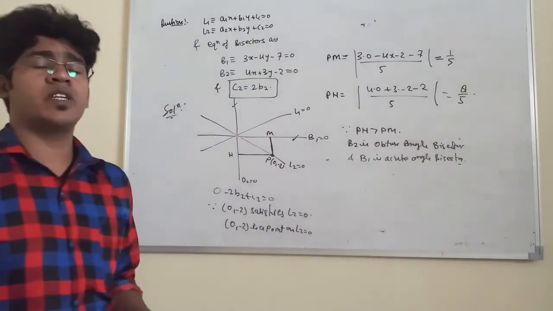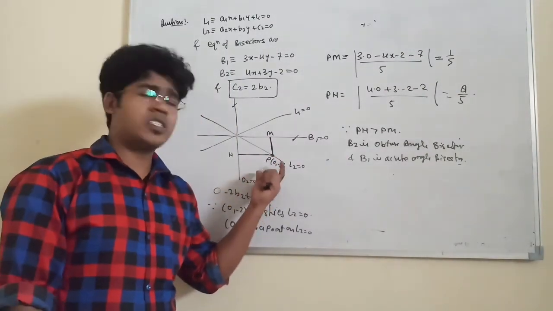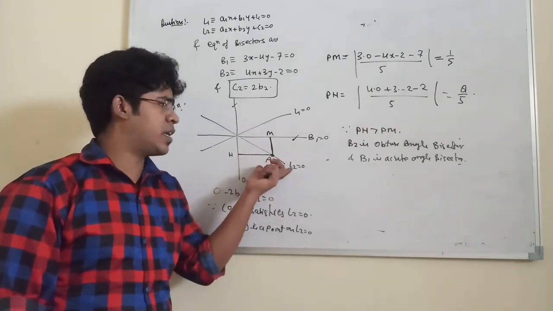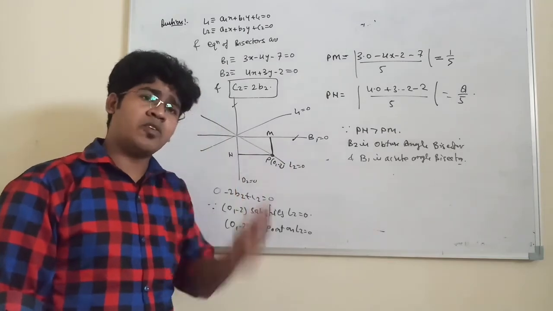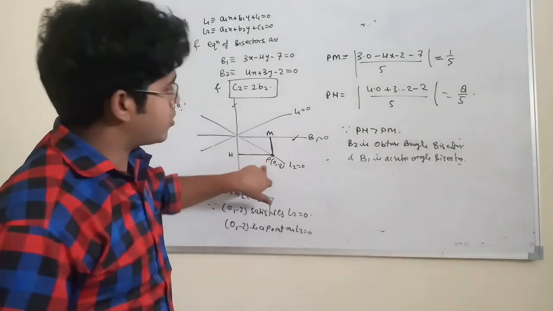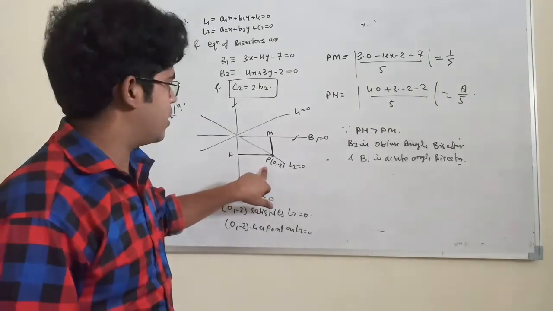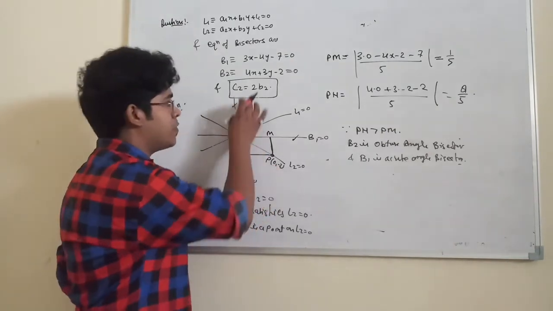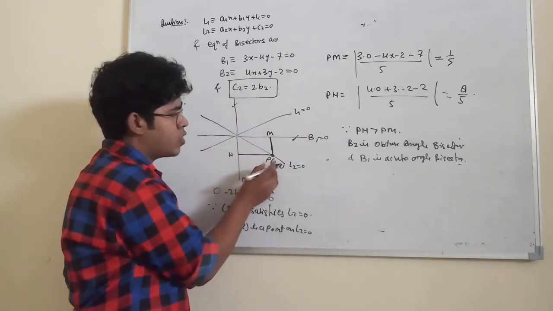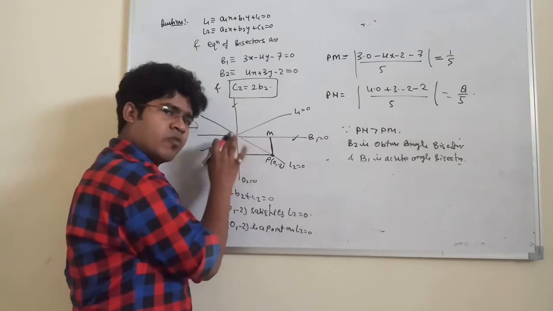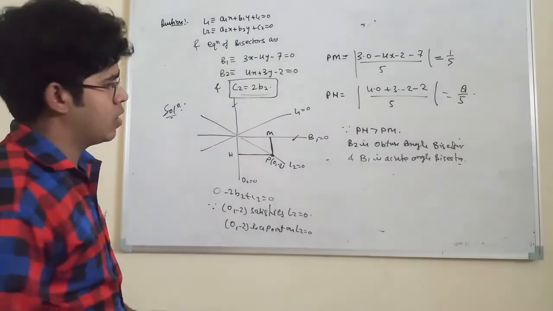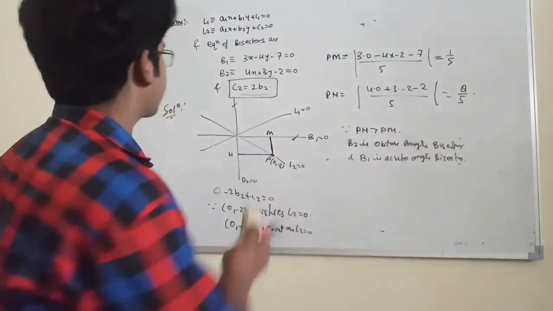So this one was the question. We actually don't know the equations of the lines, but we still found which one is the acute angle bisector and which one is the obtuse angle bisector. You should not be confused here. If the lines are not given, we can still find the equations of the bisectors, right? Because 0 comma minus 2 we know is a point, and these all make a family of lines. So definitely we can find the equations of L2 and L1, which are fixed because this is given to us, right? So let us have another question.